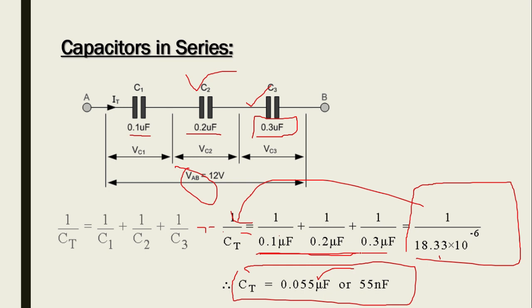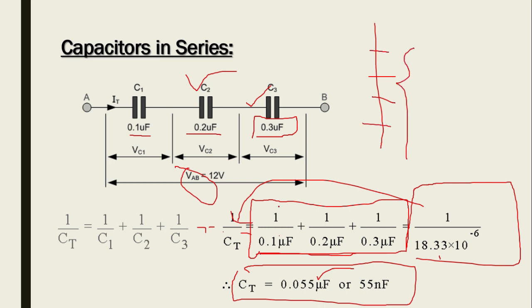Remember one thing: whenever capacitors are connected in series and 4 options are given in your examination, first of all you have to look for the least value, and if it is less than the smallest capacitance given in your question, then that should be the right answer. It means that the equivalent capacitance connected in series will be less than the smallest capacitance value given. This trick will be helpful if you are attempting any MCQ based examination.